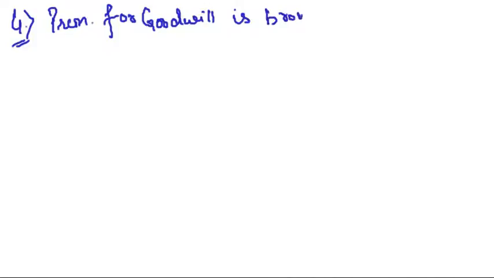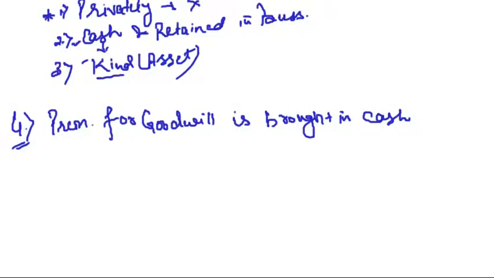What is case 4? That the premium for goodwill is brought in cash. You will say that this is similar to case 2, but no, there is a difference. In case 2, I told you the premium for goodwill is brought in cash and retained in business. This is the important thing here. See the difference now. Here I will say the premium for goodwill is brought in cash and